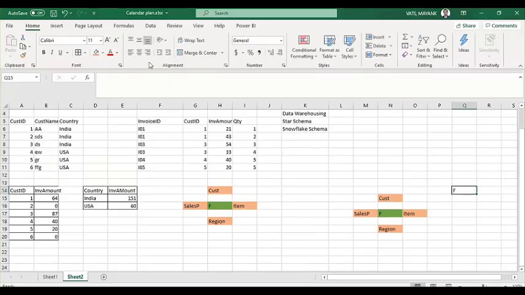In a snowflake schema, basically we can have a combination of multiple facts. In a star schema, we will always have one fact, but in a snowflake schema, we can have multiple facts, and one fact can be treated as a dimension for another fact. Now this fact is treated as a dimension for this fact. So this fact will have a relationship with this one as a dimension, and this fact has some other dimensions too. But for this fact, this will also be treated as a dimension.